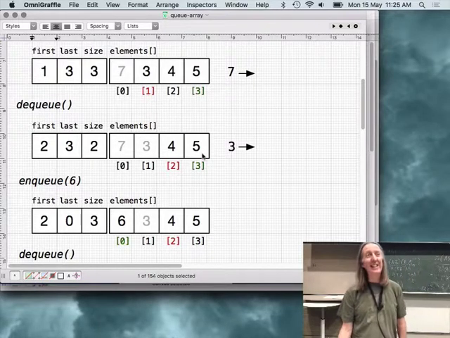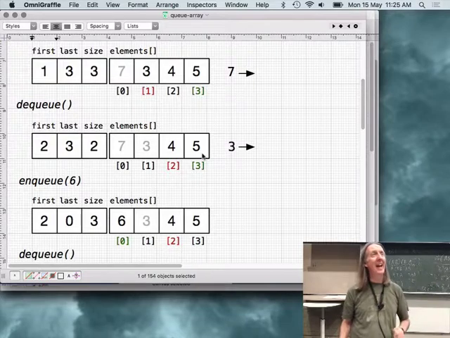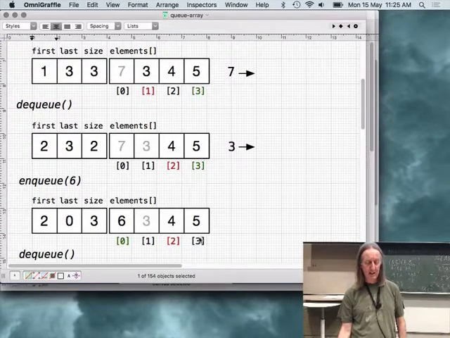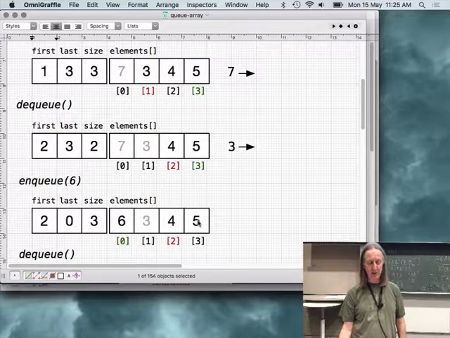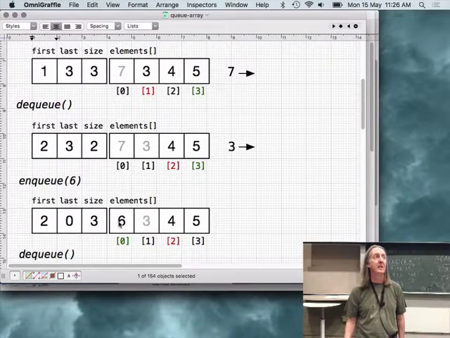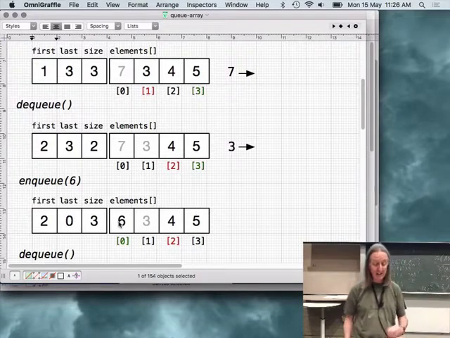Alright, if we want to enqueue something, we need to add it after the tail item. Well, the tail item is at the end of the array, so since this is a circular array, we go back to the start and add the new item to the tail of the queue, but it's now at the start.